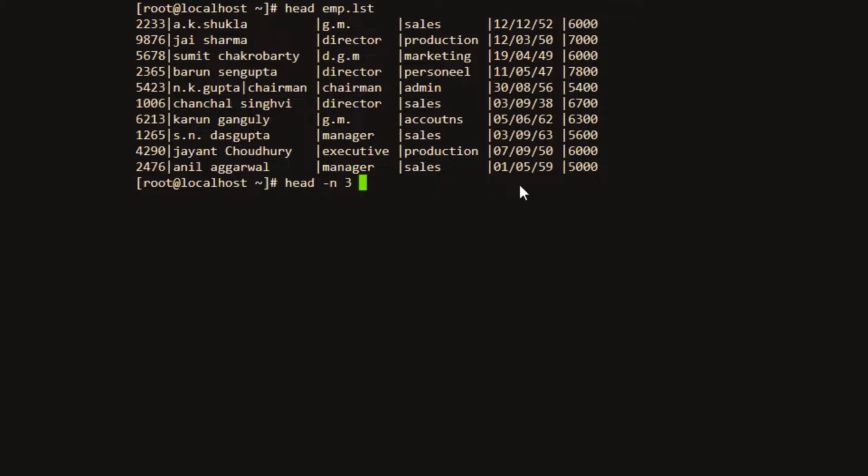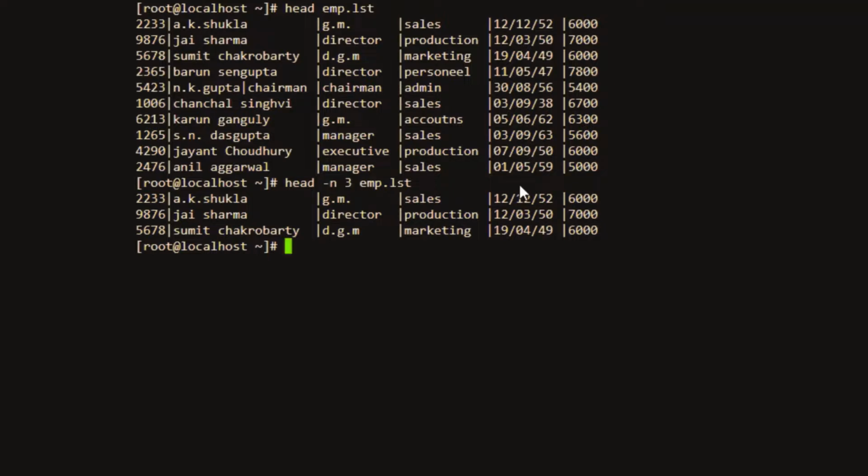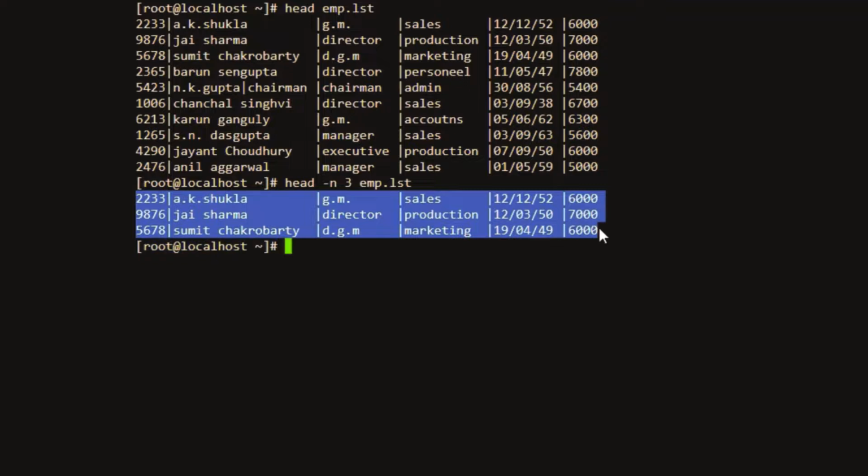So I am providing 3 as the lines I want to output, and then the file name, emp.list. So see here, out of the 15 lines, the first 3 lines of the file are fetched. So this is the purpose of the head command. You can customize and fetch the number of lines in a huge file by using the head command.